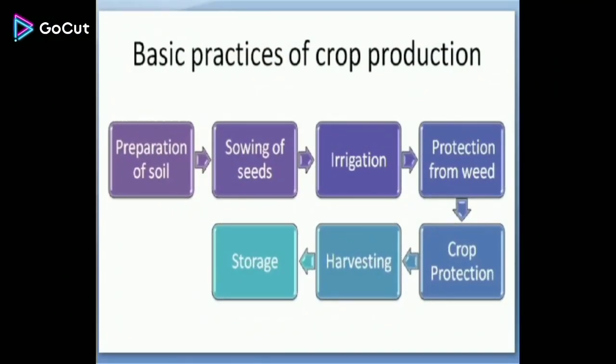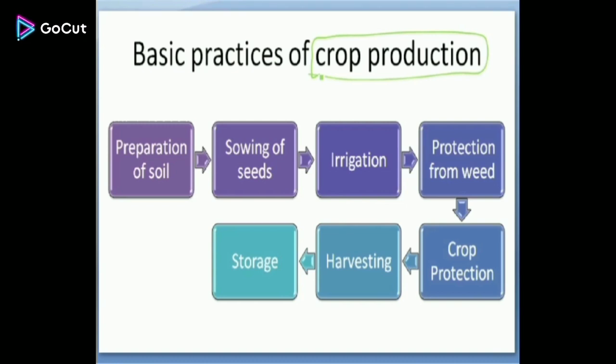Agriculture and what is a crop. Now we need to understand how we produce crops. Because it is not one plant or two plants or 10 plants that we are growing, but hundreds and thousands of plants, that is why we are talking about crop production. So we have certain processes involved in this production and we are going to discuss them one by one. So what are the basic processes required before we can harvest the crops that we want?